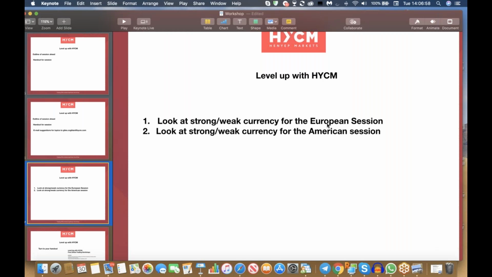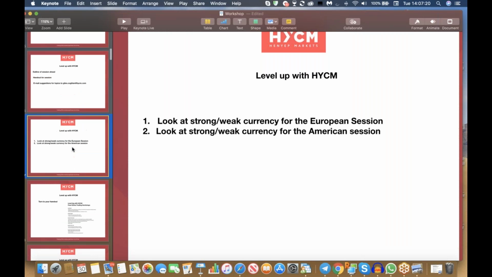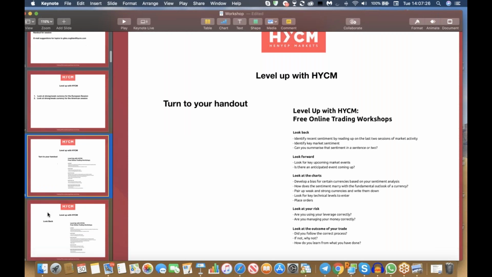We're going to look at the European session and pick a strong and weak currency. That's the European session that's just gone. And now we look at the strong and weak currency for the American session that's just coming. So by doing two in one go, I think that offers better value, and it's better for you guys learning to look at two. These webinars are developing, and I'm finding that's a more helpful explanation. Okay, so,